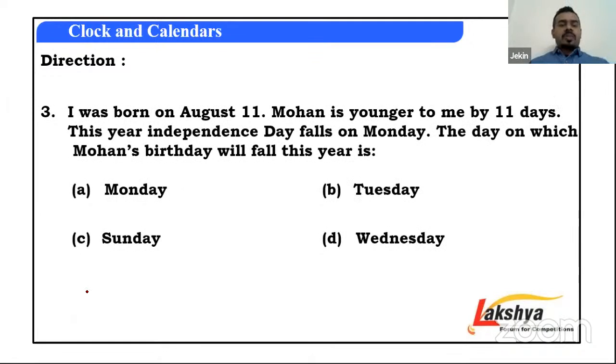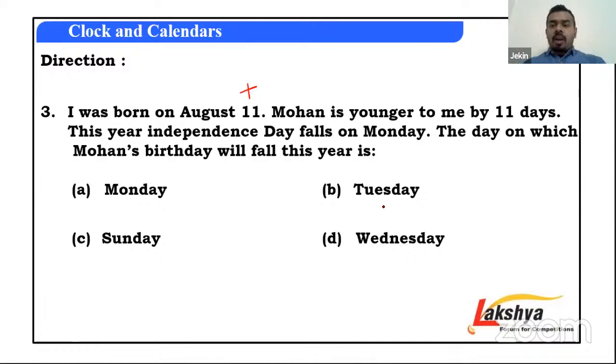Okay, now next one. What it says: I was born on August 11. Mohan is younger to me by 11 days. First, try to understand this. If I was born on August 11 and Mohan is younger to me by 11 days, it means Mohan came after me. I am elder to Mohan, because Mohan is younger to me, which means Mohan was born